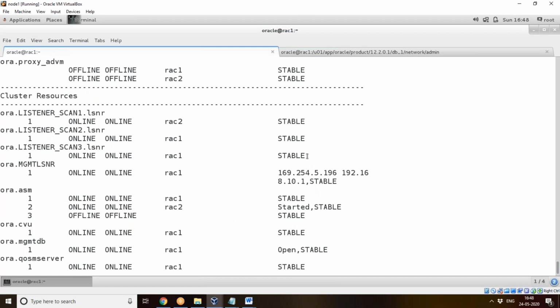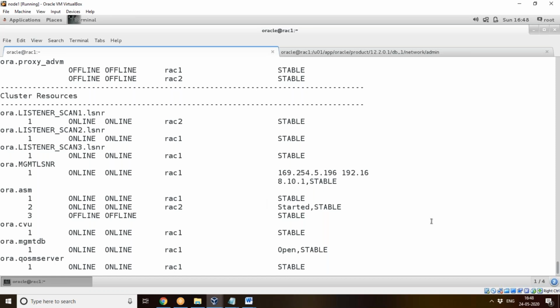And ASM means, as we know, automatic storage management, and it is a volume manager. It acts as a volume manager as well, like which volumes are free, and how the disks can be managed. So if one disk crashes, then how to balance with the other existing disks. So load balancing, all those things, the ASM software will take care of.